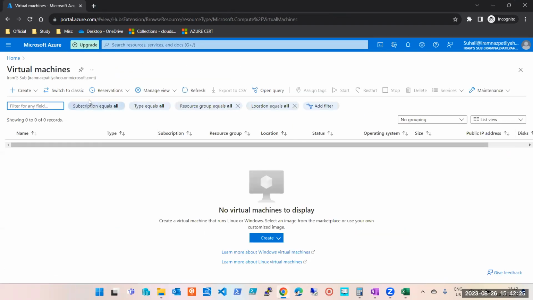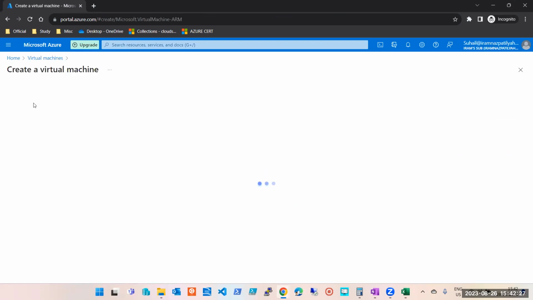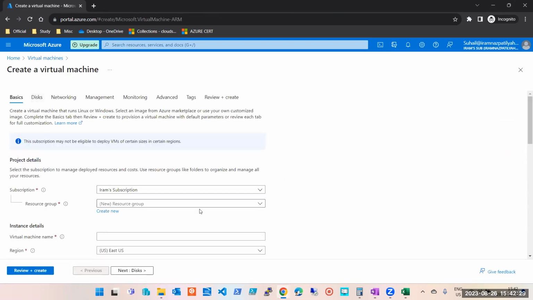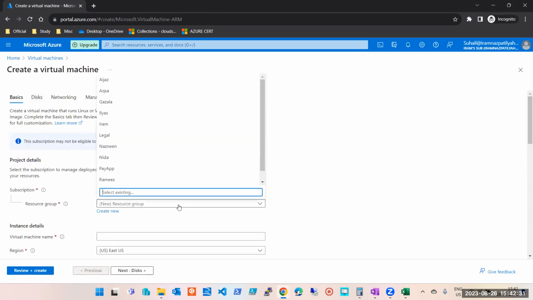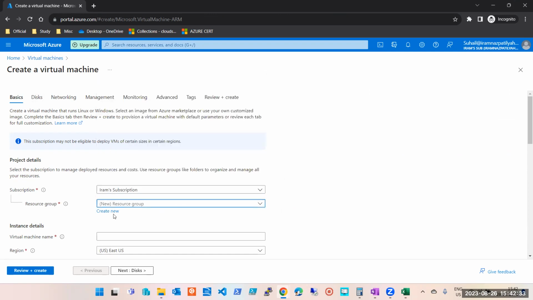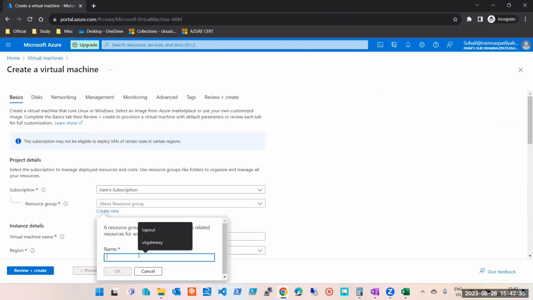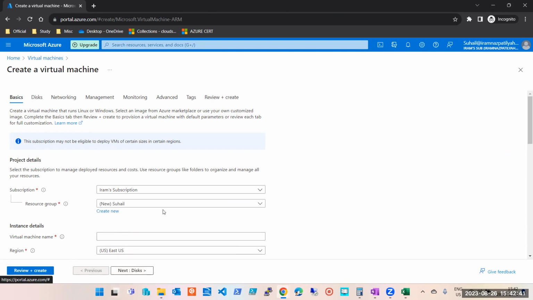Got it. Okay, so I'll go and create it. Now, because there's no resource group, either I'll use someone else's resource group or I'll create my own. So let me create my own resource group. So you will see how to create a resource group also. That's all I have to do. Just my resource group is there. Okay. Now,